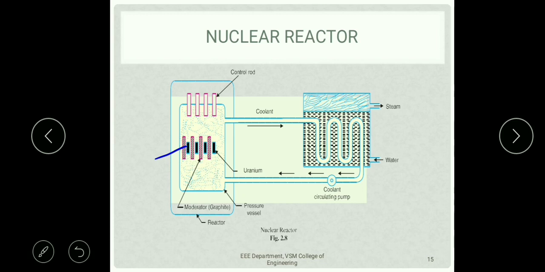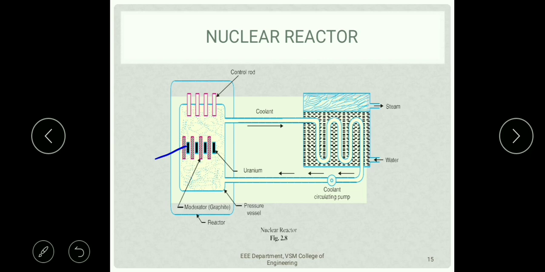Because when neutrons are moving very fast, they do not go into the reaction with the nuclear material, the fission material. So if it does not happen, what happens? There is no chain reaction. So we don't get any thermal energy at the instant. In order to avoid that, we have to slow down the